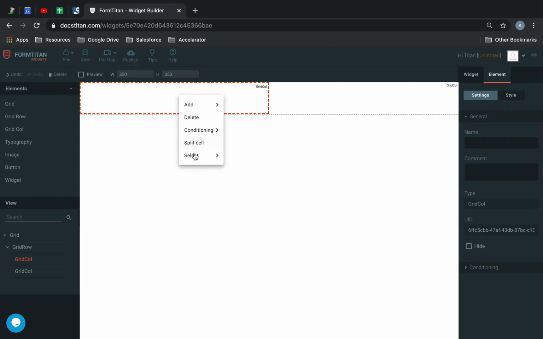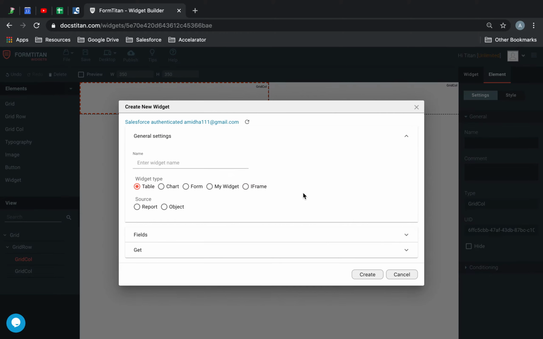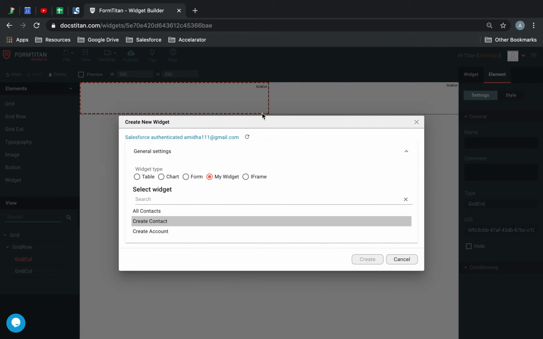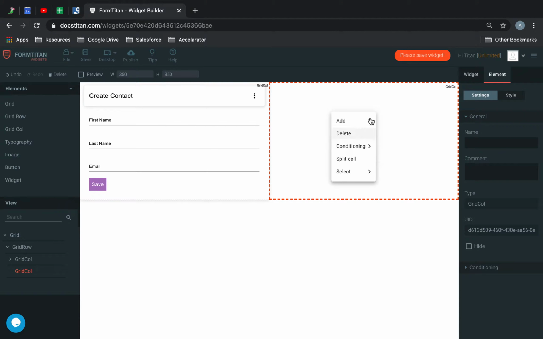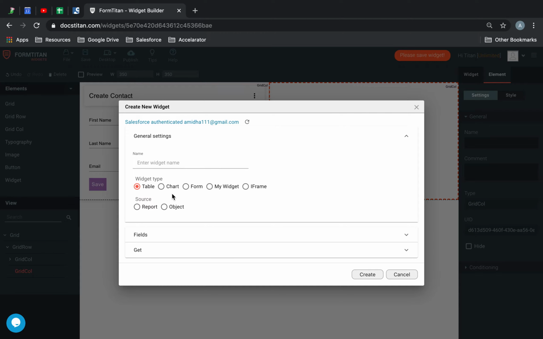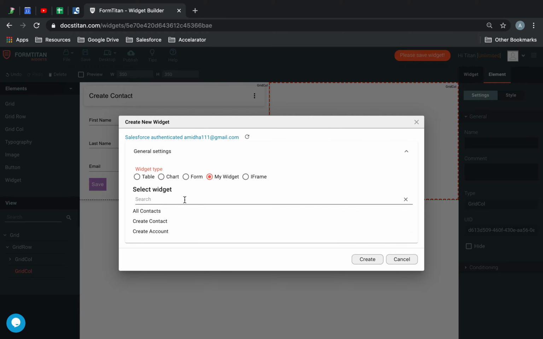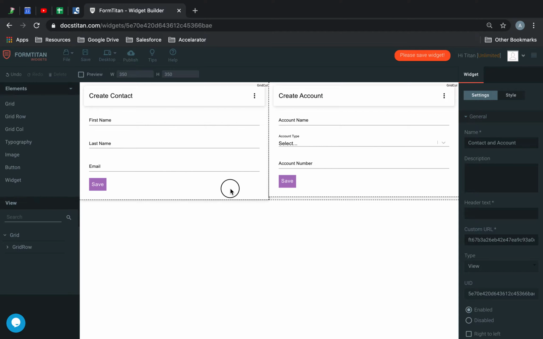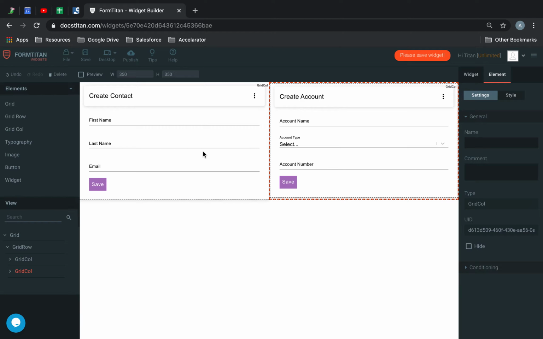I'm going to go ahead and insert a widget in each one here right now. So let's see if I have any available. I do. And then one more here. And then we'll call this one account. Okay, so once you've got these and you want to set up responsive layouts for each one of them,